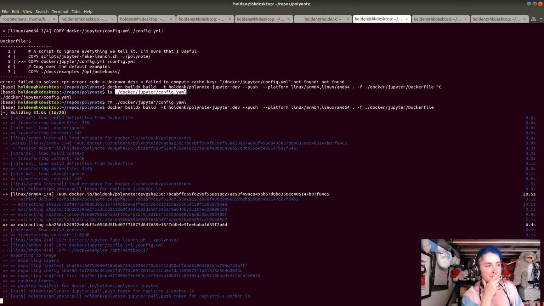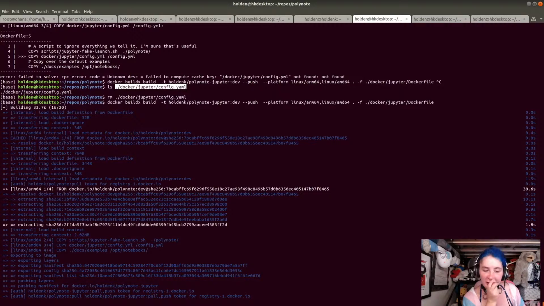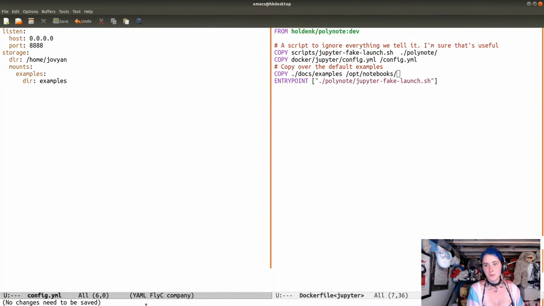Okay. It is looking like, yeah, cool. So it looks like it built successfully for AMD 64. It will probably build successfully for ARM 64 because this doesn't do much interesting. So what I'm going to do is